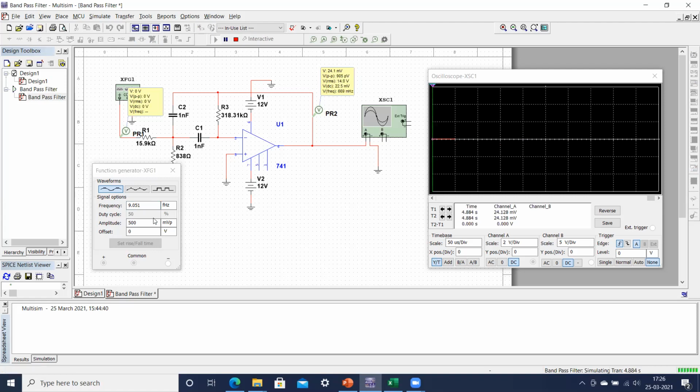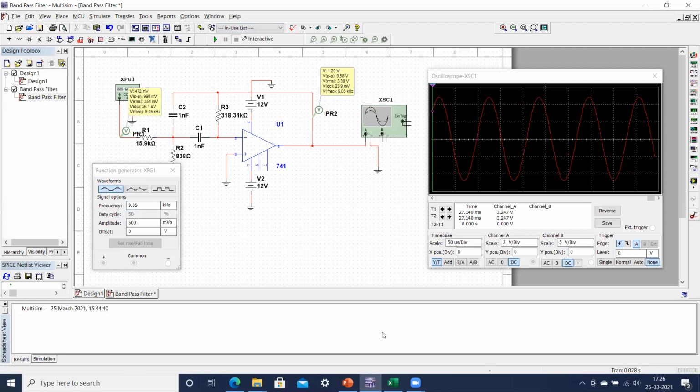Okay, let's see. I think it has changed, so just let me stop it. Once you make it kilohertz, and then 9.5, now you can stop it and again execute it. So it is 9050 hertz, and you can see it is 9.58. So we are getting the maximum gain of approximately 9.58 or 9.6, though we have designed this filter for mid-band gain equals 10.